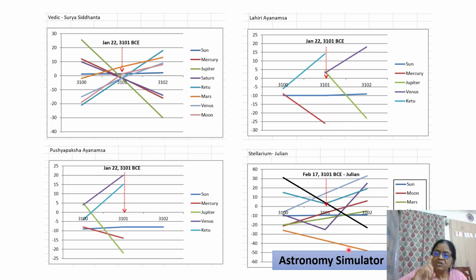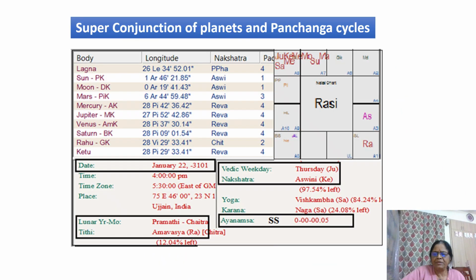That is why the super conjunction is not created by any of these simulators, which caused foreign authors and astronomers to say that the super conjunction is a myth. There is no congregation at all. Kali Yuga itself is a myth. It made them say that. But when you use the proper kind of calculation, you are able to get it.